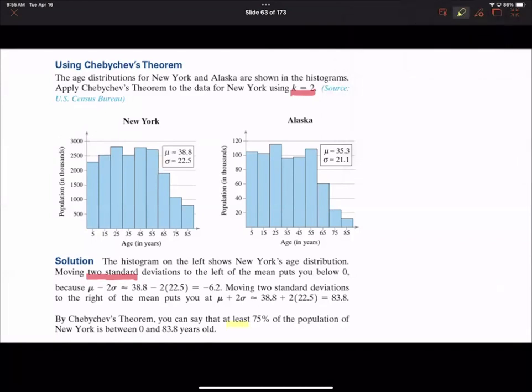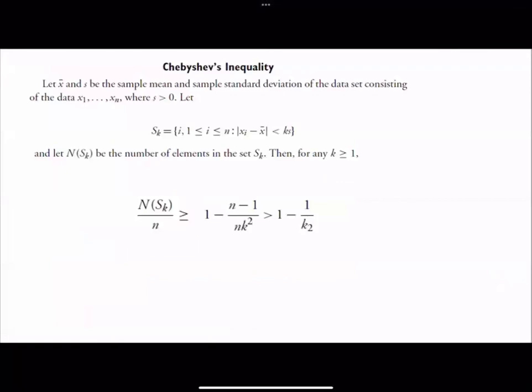By Chebyshev's theorem, you can say that at least, so the wording is "at least" here, versus what you learned in the empirical rule. Here you have at least 75% of the population of New York is between 0 and 83.8 years old. 0 means that they are newborn, and 83.8 years old. So that's the use of Chebyshev's theorem. In general,